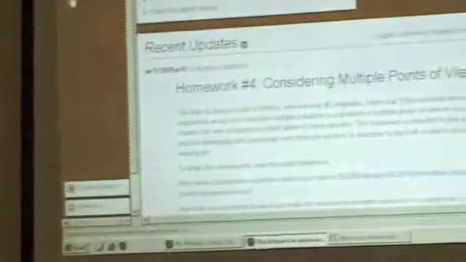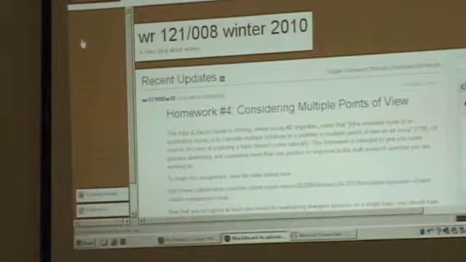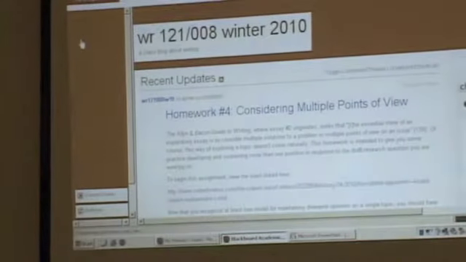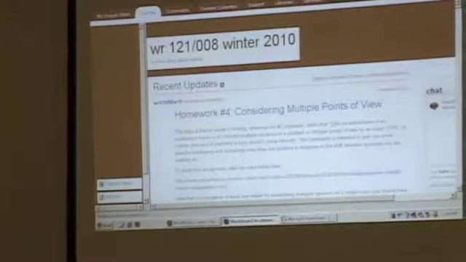So I created just a standard WordPress blog, and I used the external link feature in the course content menu that you can use through Blackboard. Blackboard allows you to post external links and then call them whatever you want. So I posted an external link to our class blog, and I titled that link class blog. So students now on the Blackboard page can click here, and